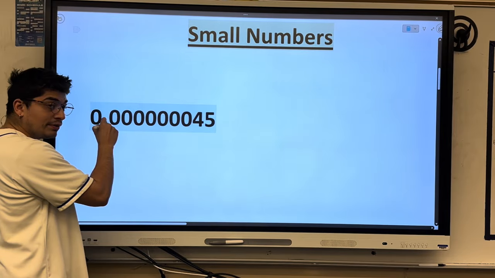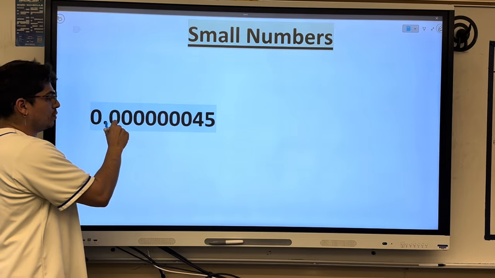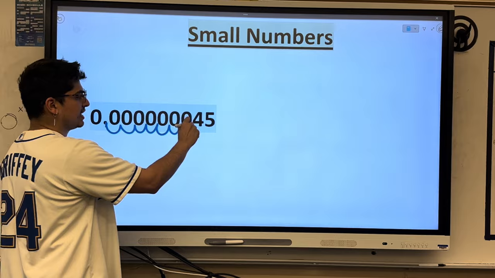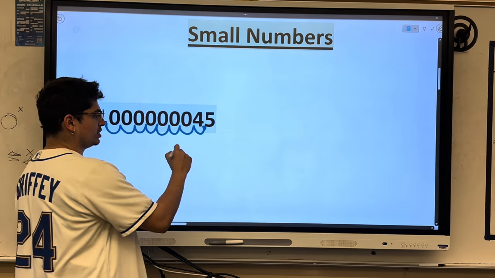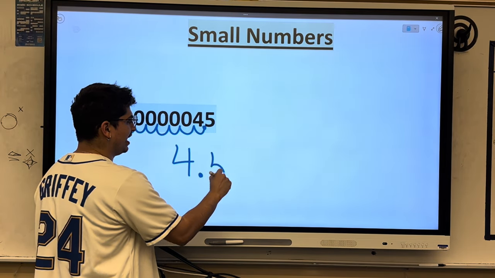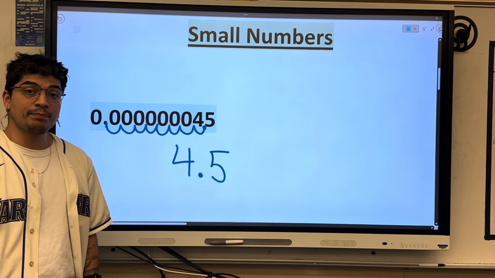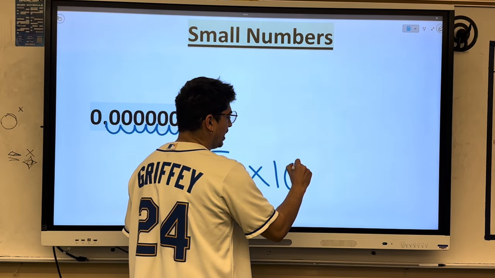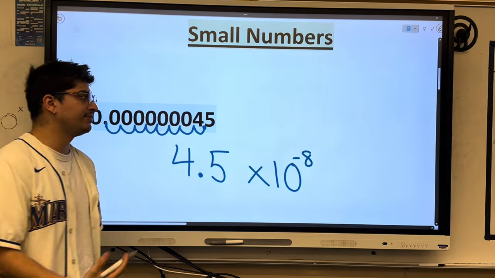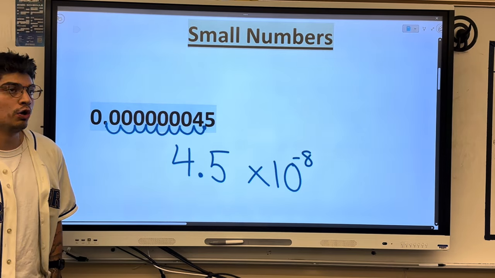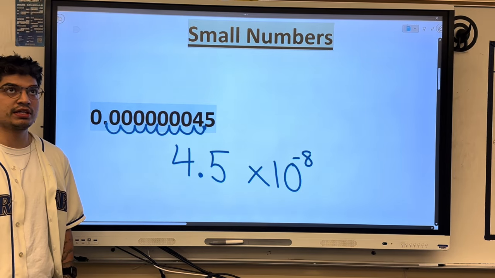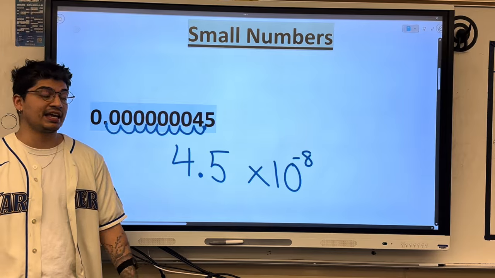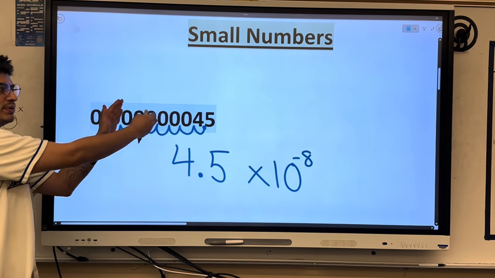and it'll create scientific notation form by doing something like this where you count all the times you move the decimal. I'm moving it 1, 2, 3, 4, 5, 6, 7, 8, right? So my new number is 4.5, right? If I want to get back to this number, you'd end up multiplying it by 10 to the negative 8, because that would be something like 1 over 10 to the 8th power. So you'd be dividing 4.5 divided by 10 to the 8th power,